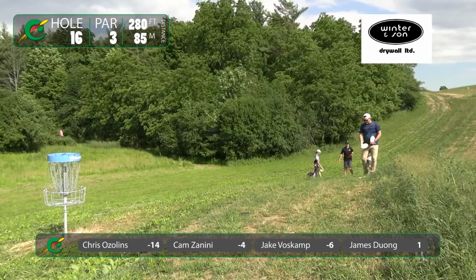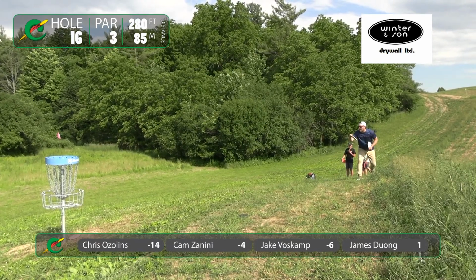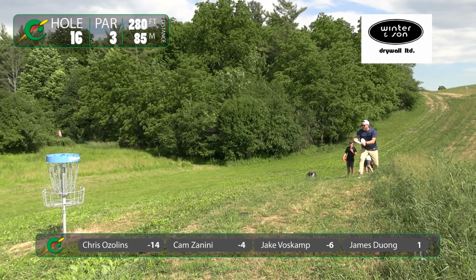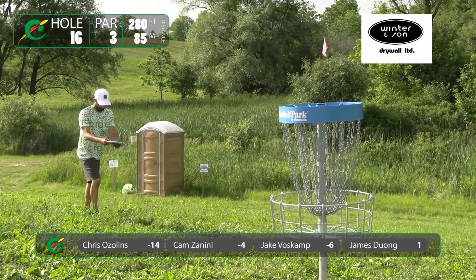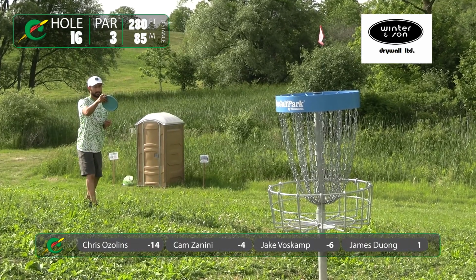Daniel Crawford and Mike Ishenko getting the birdies on 16 today. Oz from about 25 feet from the OB for his 3, and he makes it. Done deal. So, if you do get out there far enough, you can save the par from OB. Not the way you want to do it, but...